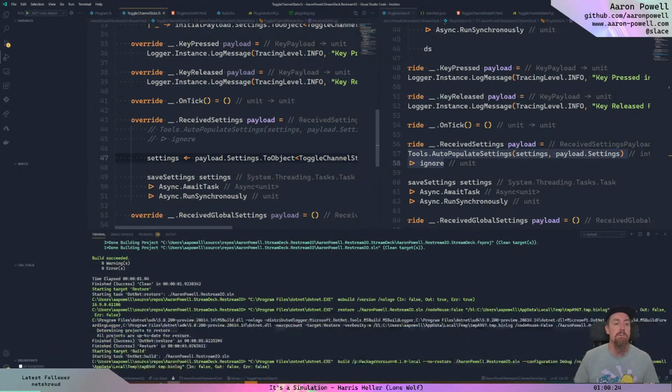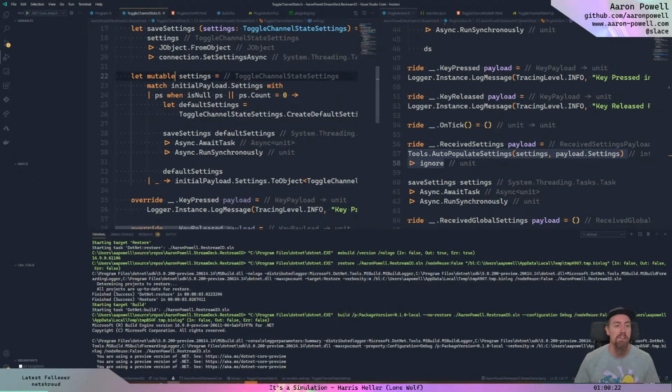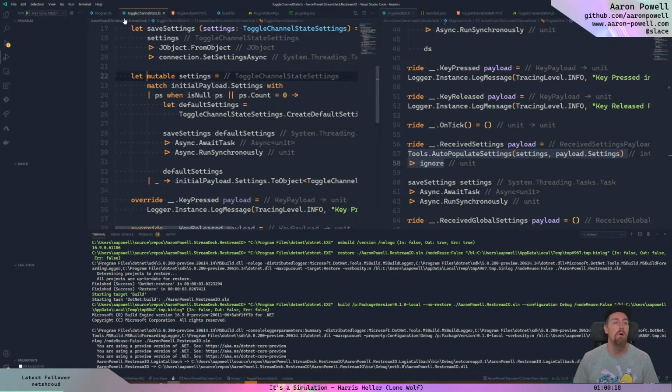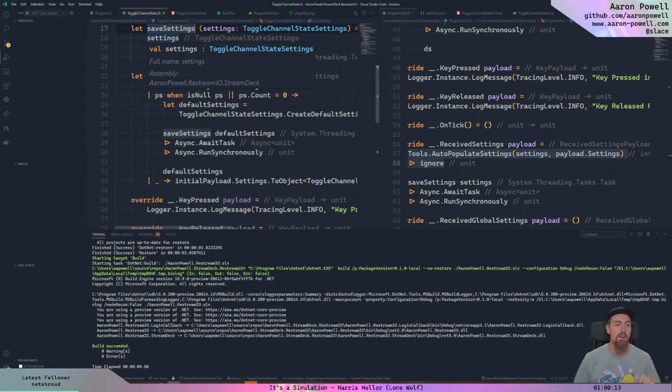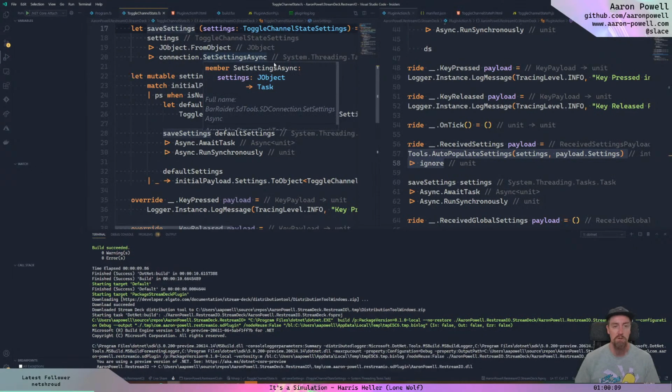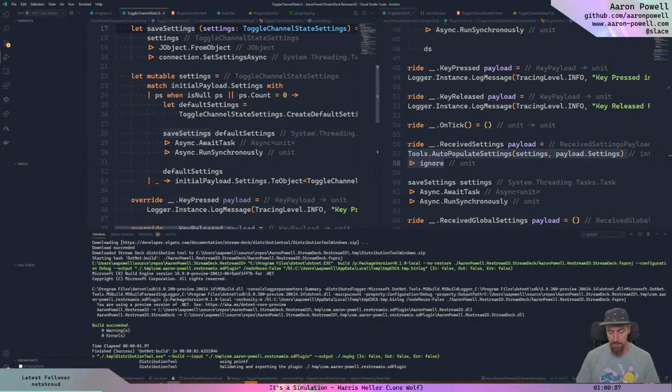Oh, yeah, sorry, Ben. Yes, I did make the settings variable up here let mutable. So you explicitly define this variable as mutable, whereas save settings up top is a function, but it's let bound, so it's immutable. So just while the compilation is happening, actually, let's bring up the